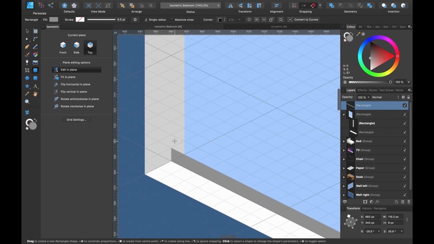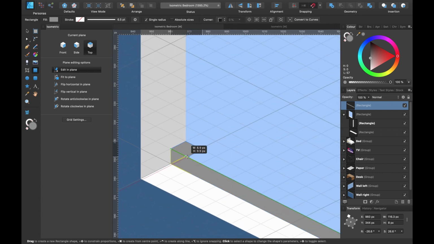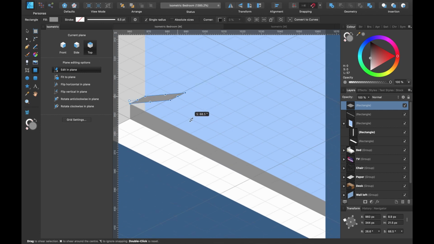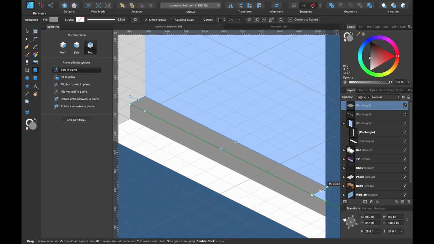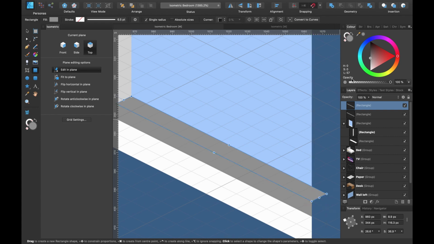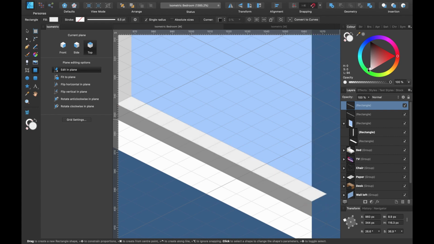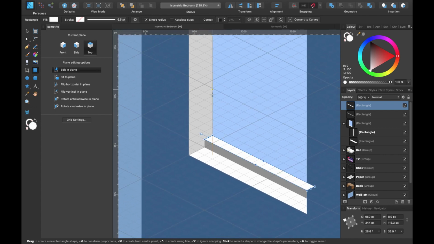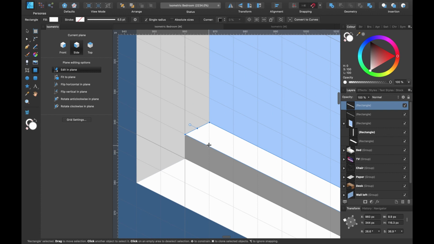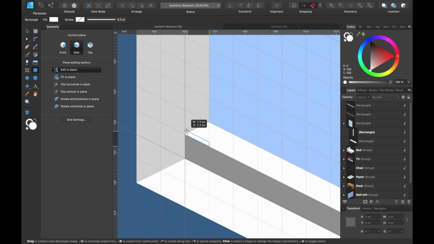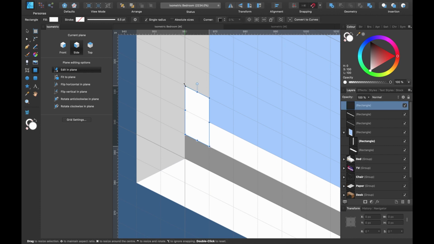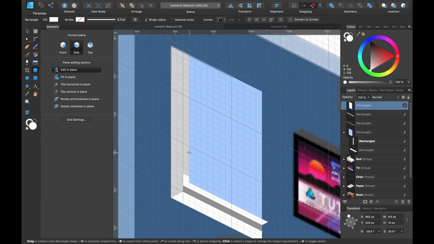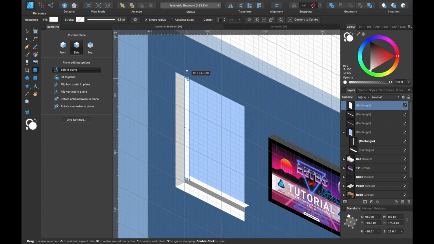So I'll press top and zoom in, and I'll drag that all the way down, and I'll make this really bright again because the sun's going to be hitting it. And we'll do the same again at the top. So press side and zoom in, press escape, select this section here, and up it goes. I'll just zoom out, grab the handle, and just drag it all the way up to the top.